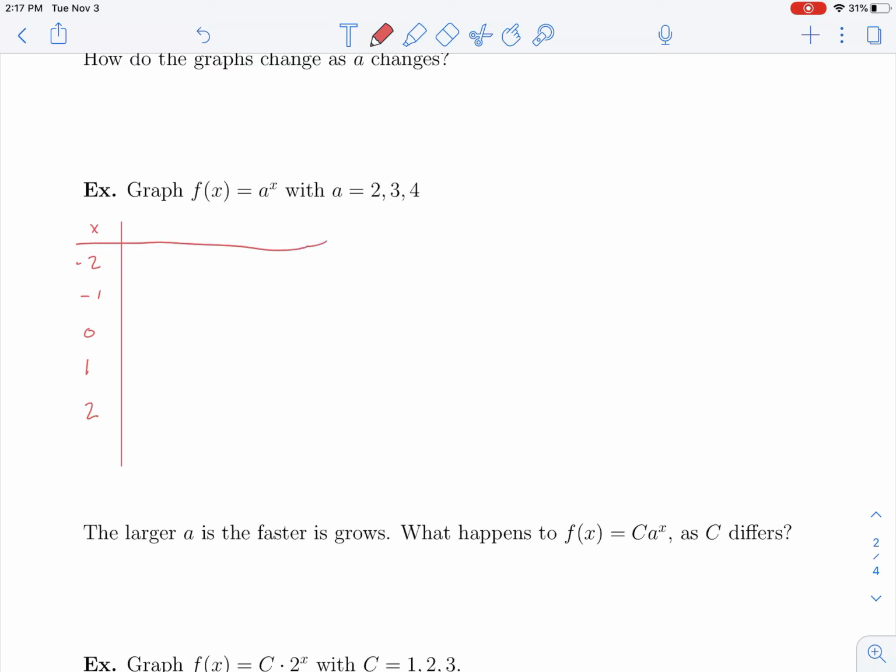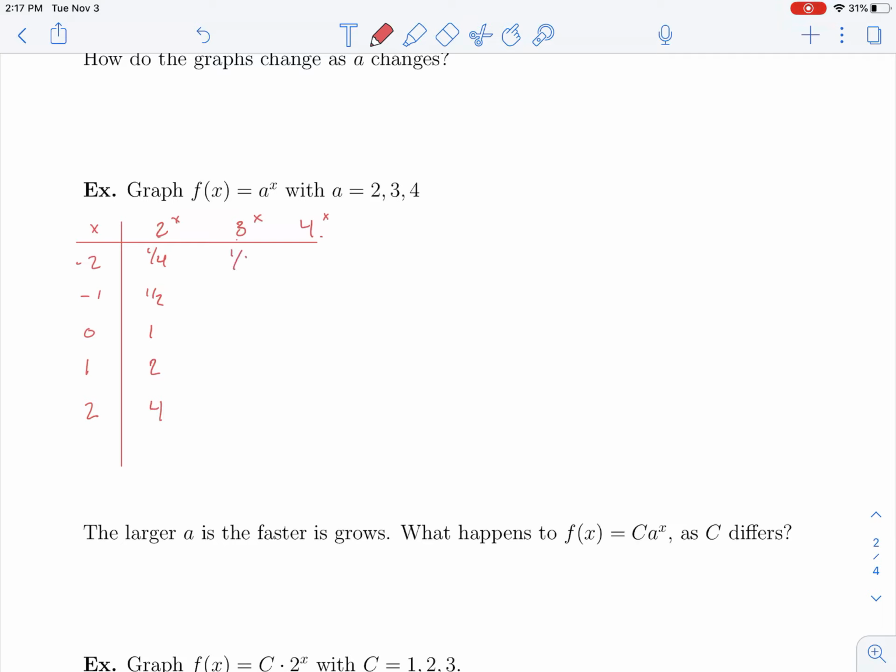So now we're going to do it for all 3 of them. We're going to do 2 to the x, 3 to the x, and 4 to the x. I'm not even going to walk through how to do these, since we've already done 2 and 3. So this is 1/4, 1/2, 1,